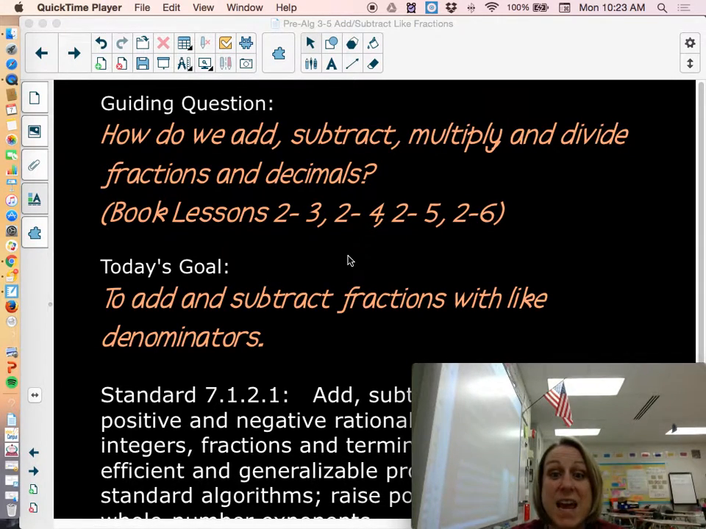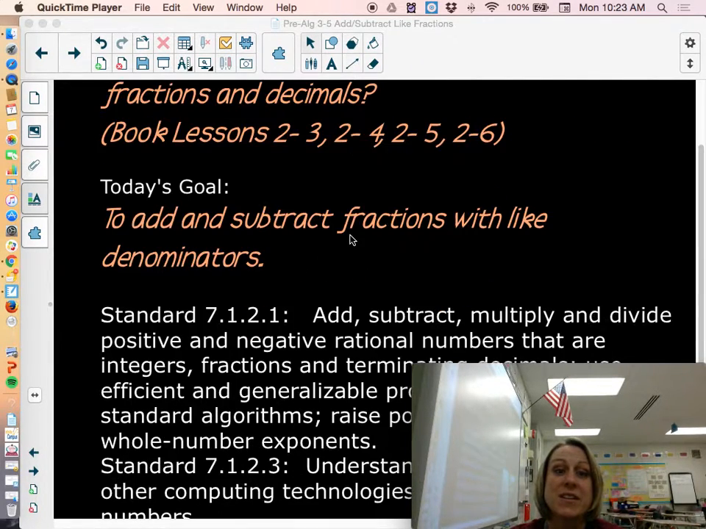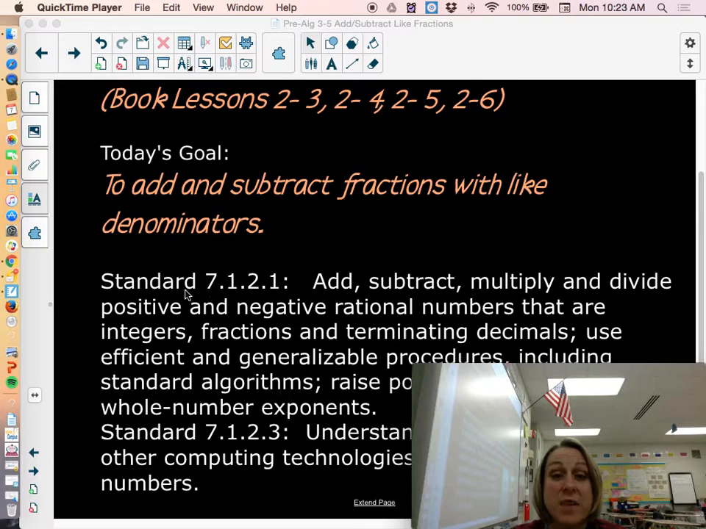All right, so today we are going to add and subtract fractions with like denominators. As you can see here, this is standard 7121, and we are looking at the adding and subtracting part